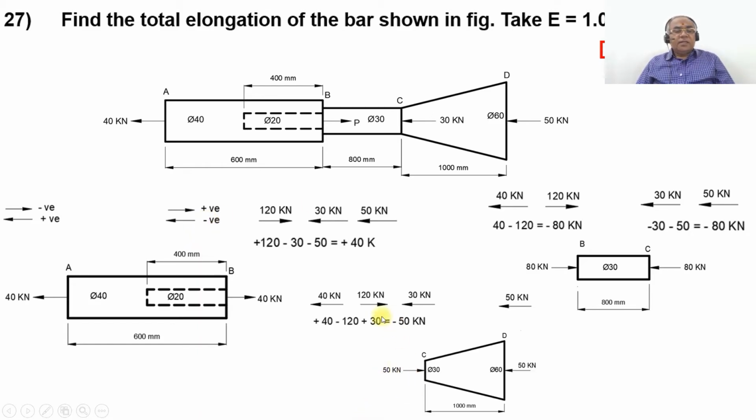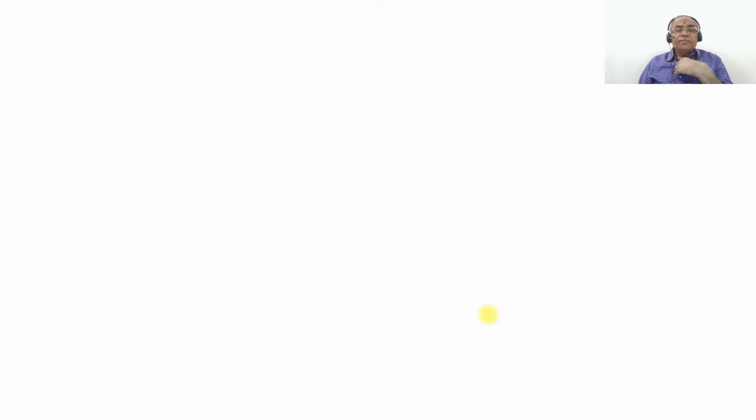So here, this is negative, towards the right side. So this is also negative, it is towards the left side. So 50 kilonewton, 50 kilonewton. Now the body is in equilibrium condition. So all the three segments of the body are in equilibrium condition. To summarize, the first segment AB will be in tensile, the second segment BC will be in compression, and the third segment CD is also under compression.